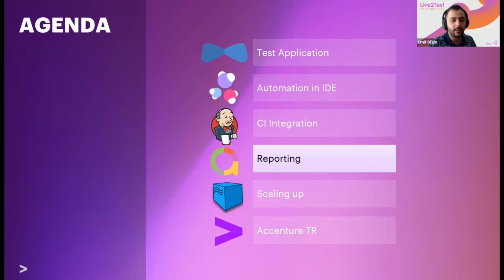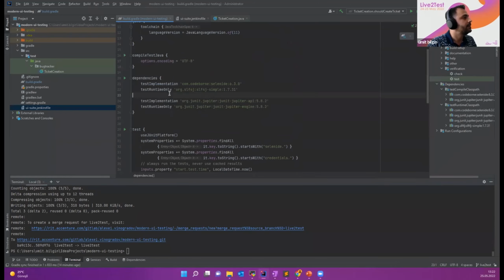First of all, we need to define the Allure plugin in the build.gradle file. This is the Allure plugin. We use version 2.9, and we need to also pass this dependency so that it installs missing files automatically.